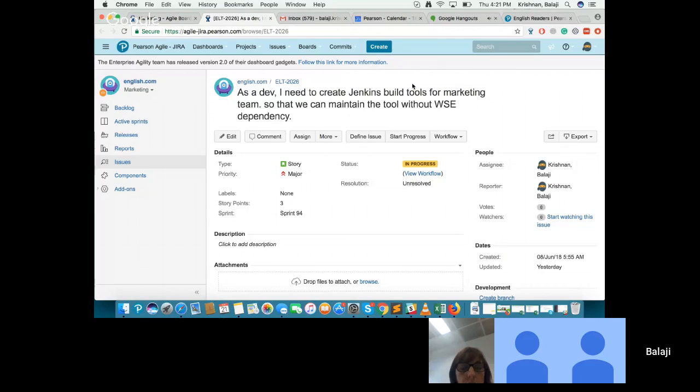They have already configured everything. The only remaining part is they need to test whether the tool is working fine or not. The testing process is going on from there. I hope it will be completed by the end of today or the next day, so mostly we'll have it ready by tomorrow evening. After that we just remove the dependency from WSH Jenkins. Then in future we can use the Pearson Jenkins for taking the build.